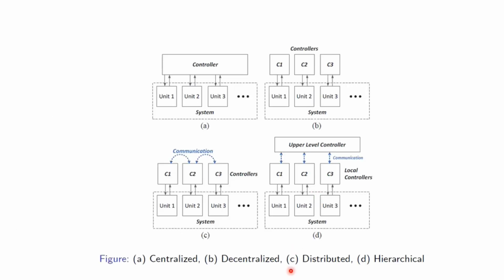Yeah, so the most preferred BMS is the hierarchical one, where you have an upper level controller called the master controller, and there are many slave controllers, and communication exists between the slave controllers. If the master BMS fails, the slave controllers will communicate among themselves to share the current equally.